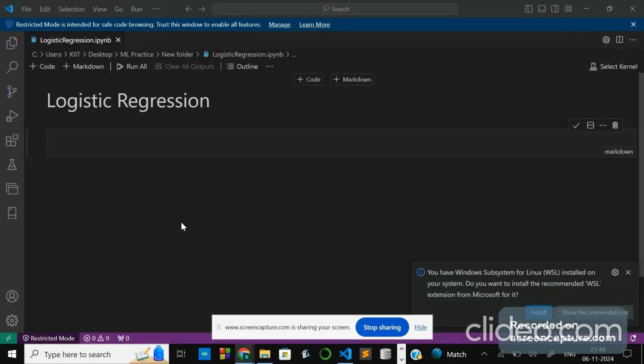Hi everyone. In the last video, I explained how to build, test, and predict the model for multilinear regression. So in this video, I will explain what is logistic regression. In logistic regression, we will predict the output which is categorical. What does it mean? Let's suppose y equals mx plus c. Consider this as a line equation, and y is the dependent variable,